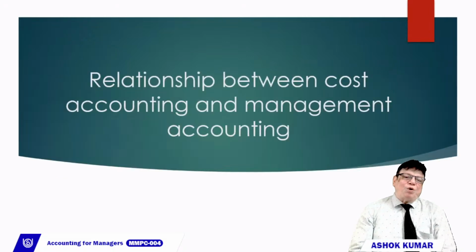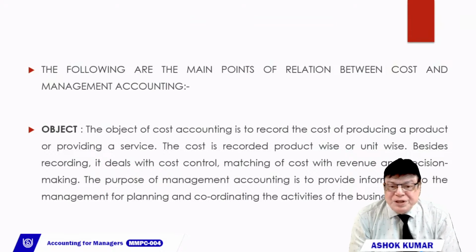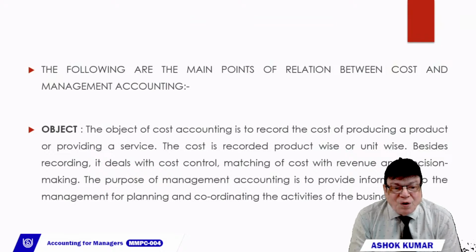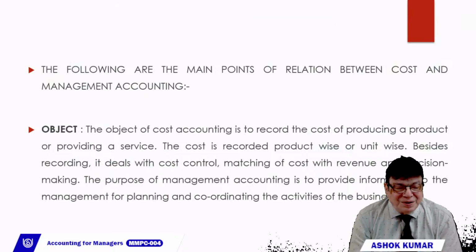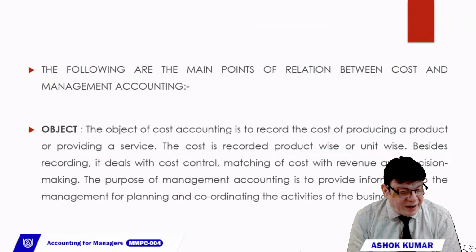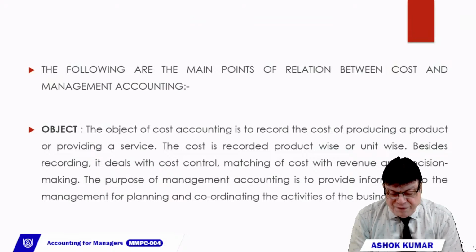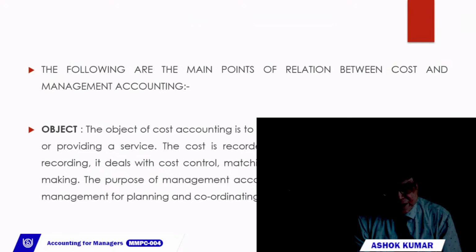Then now the relationship between cost accounting and management accounting. The object of cost accounting is to record the cost of producing a product or providing a service. Its object is to record what the cost is of producing or providing a service. The cost is, for example, one ATM. Suppose one ATM is there, and the number of hits daily in that ATM is not up to a level,